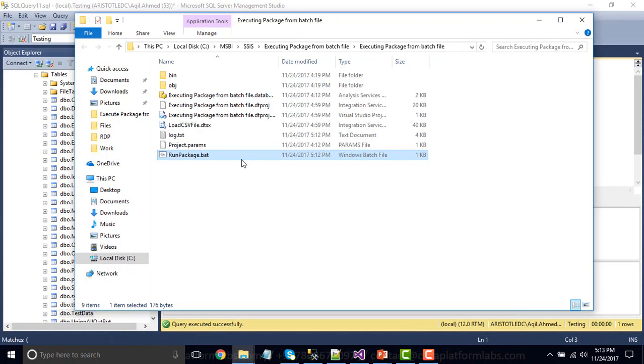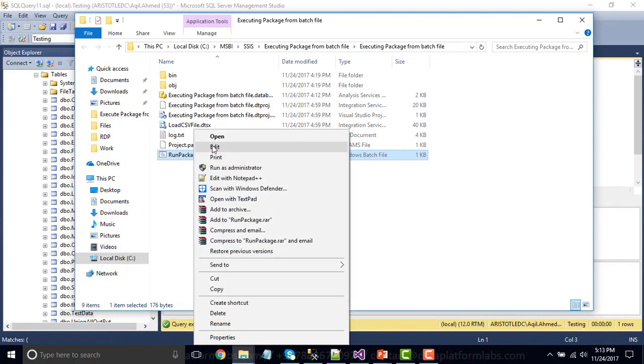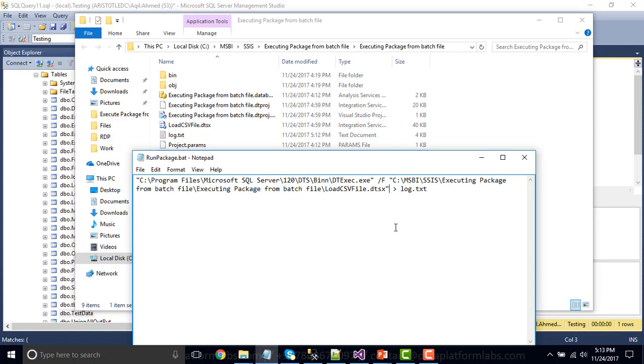So we can edit the batch file and write set, then package dot variables, and then the name of the variable, file path dot value, semicolon, and then we provide the value of the SSIS variable.